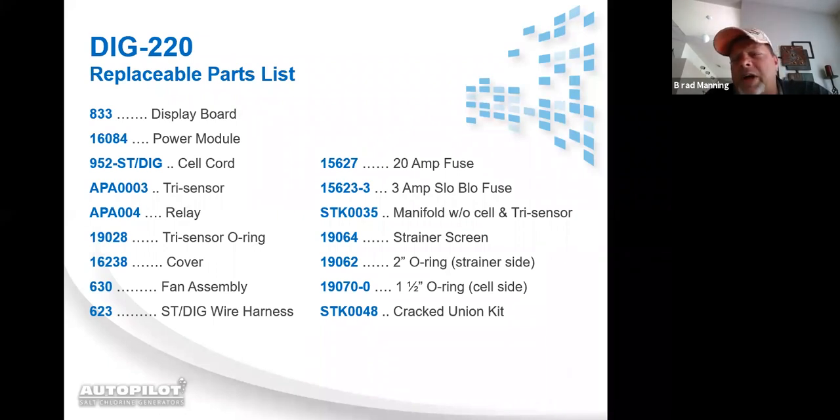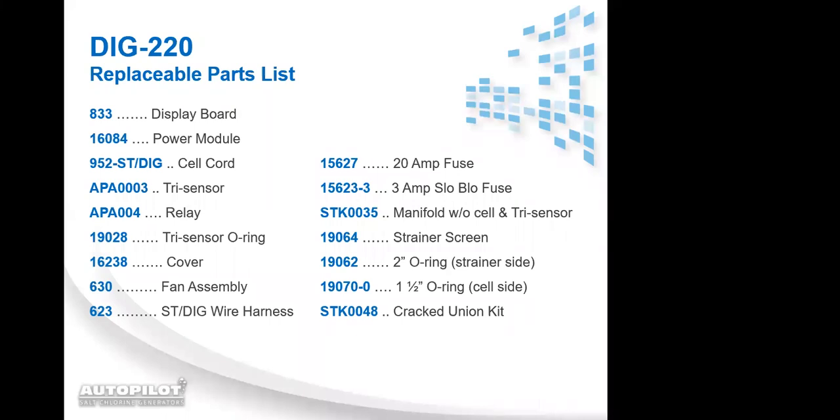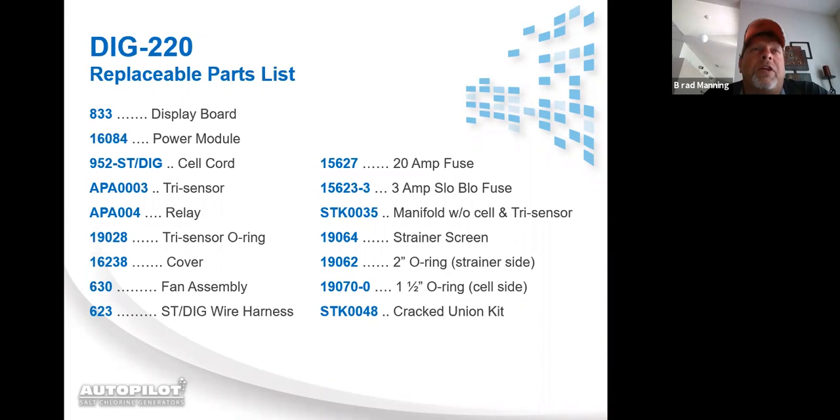Looks like we have another question. Something about the battery, Matthew? Yes, Brad. Sherilyn's asking if the 2032 battery in the DIG220, does it hold any of the information for the display? No, the only thing that battery is used for is because,